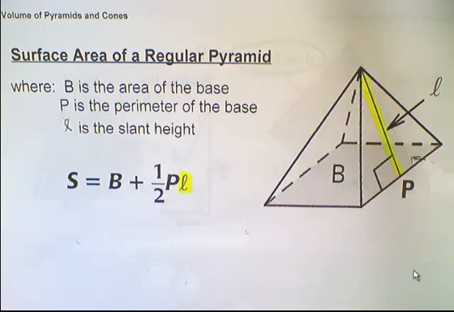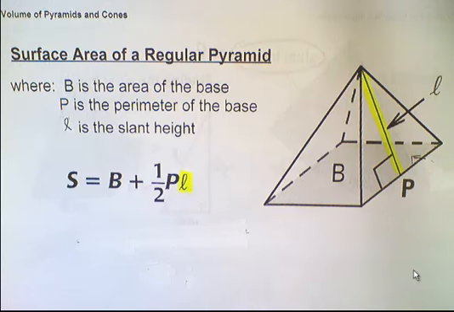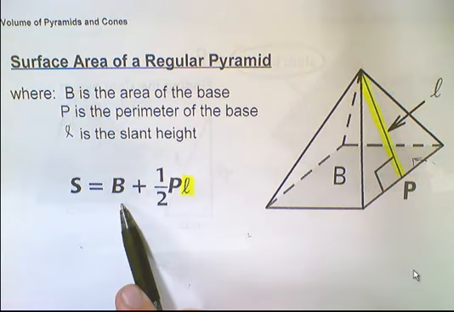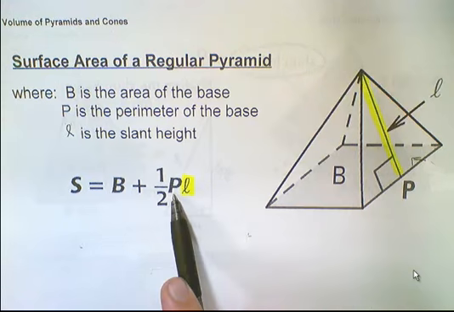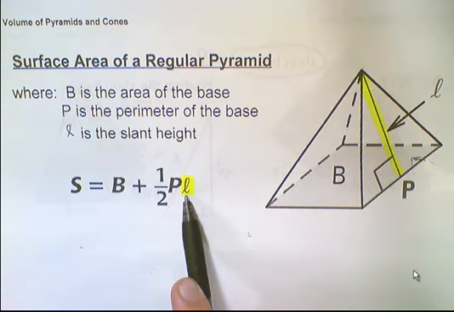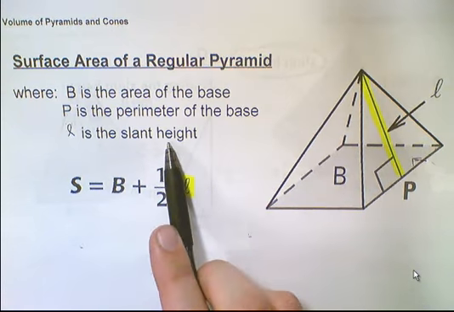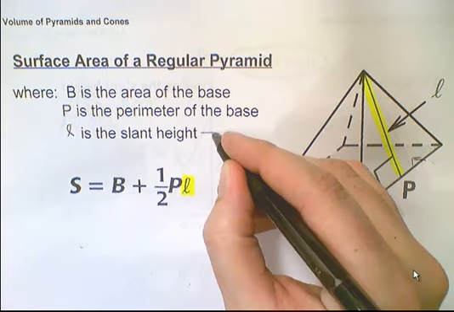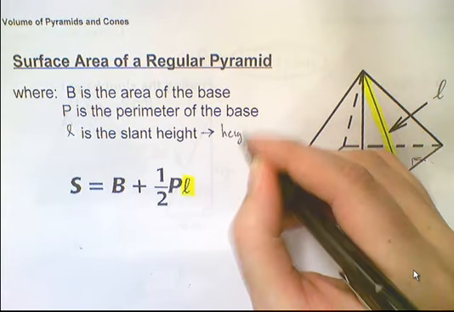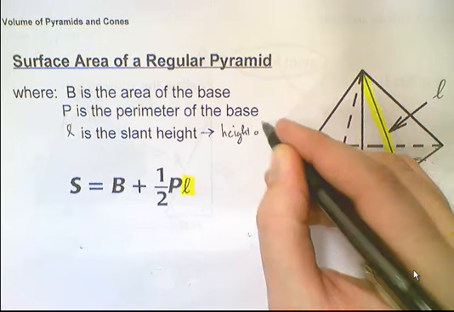Here's a video on how to do surface area of a regular pyramid. The formula that we use for surface area of a regular pyramid is base plus 1/2 perimeter times slant height. This cursive L we use is representative of slant height, and slant height is the height of a face